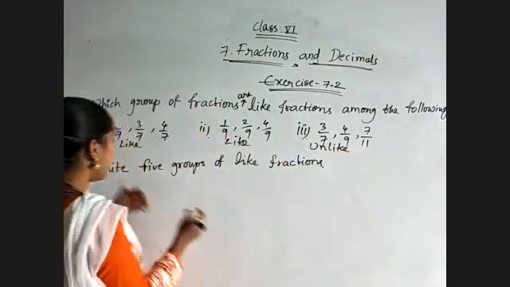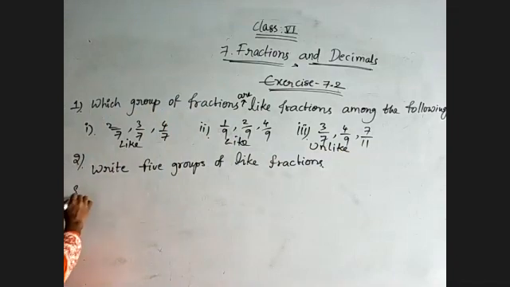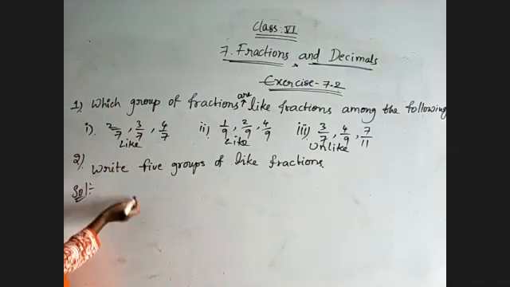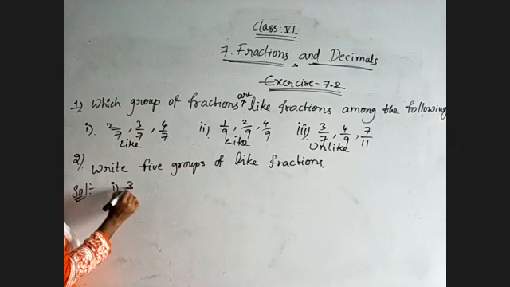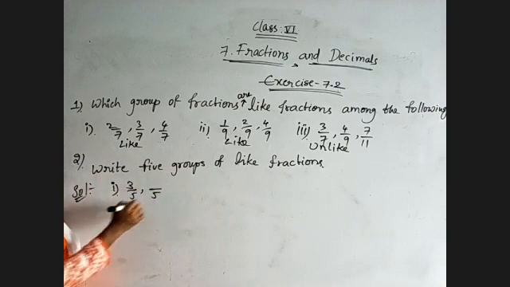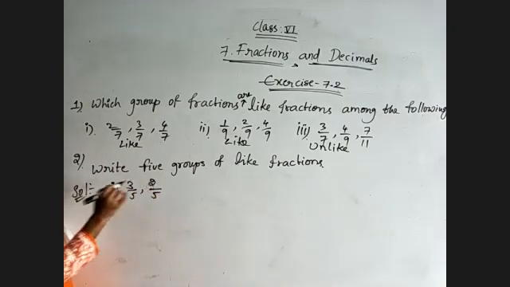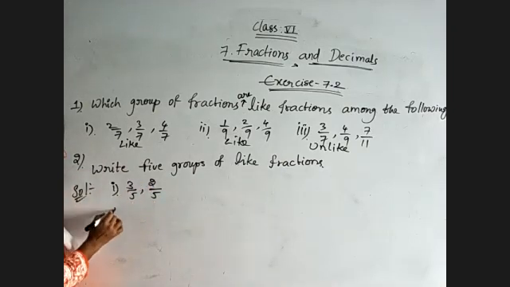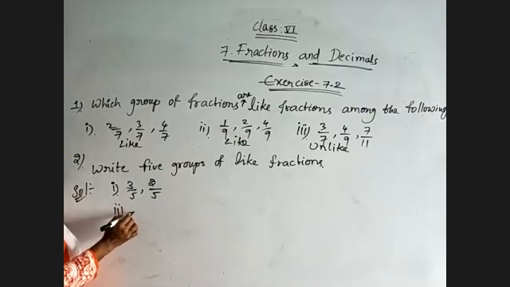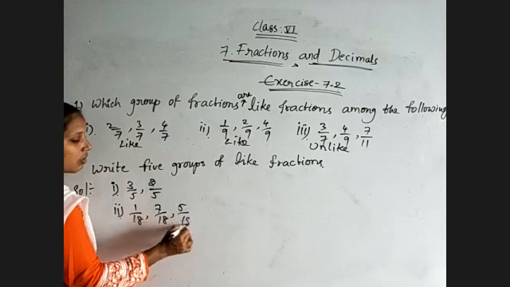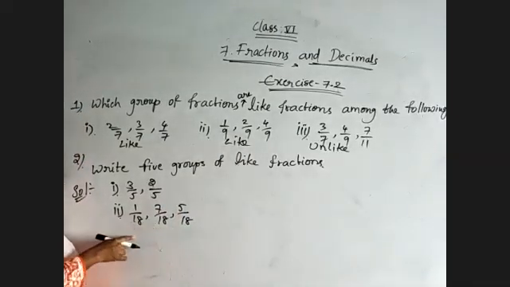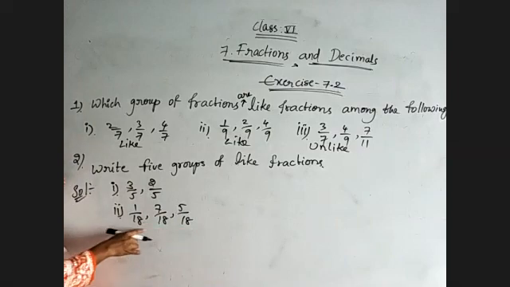That's it. And write 5 groups of like fractions, sir. They only gave the question. We need to find fractions which are like fractions. So for the first group I am taking only 2 fractions, sir. 3 by 5. Compulsorily we need to take denominator 5 only. Numerator any number. Suppose I am taking 2 by 5. Both are like fractions. And with 3 fractions, the denominator I am taking is 18: 1 by 18, 7 by 18, 5 by 18. All these are examples of like fractions only, because every fractional number has 18 as the denominator. Here we are looking at 3 fractions, that's all.